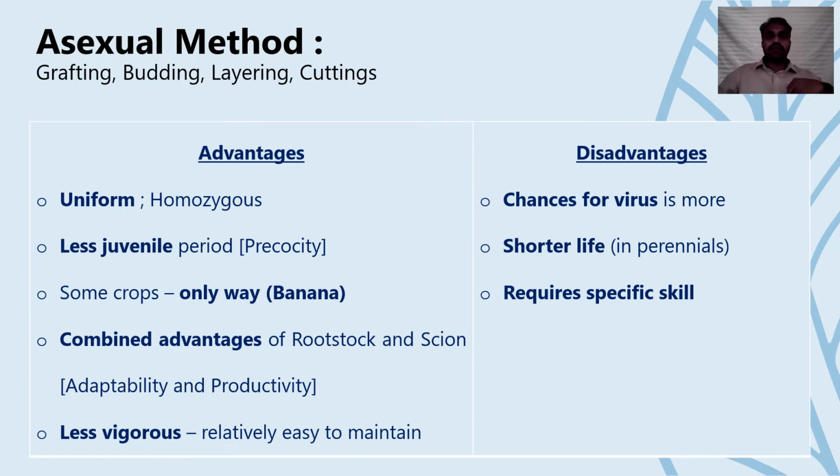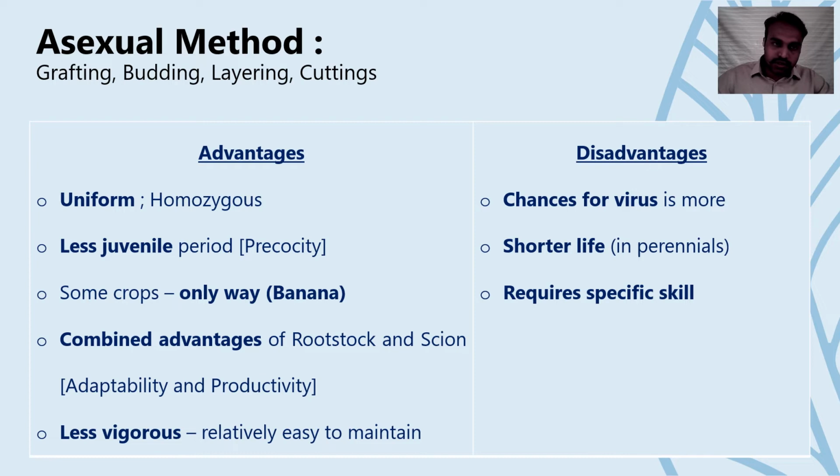So now coming back to the asexual method. Asexual method again can be of different types. It can be grafting, budding, layering, or cuttings, depending upon how you do that and depending upon the necessity or what your requirement is. So coming to the advantages, as I mentioned in the sexual one,